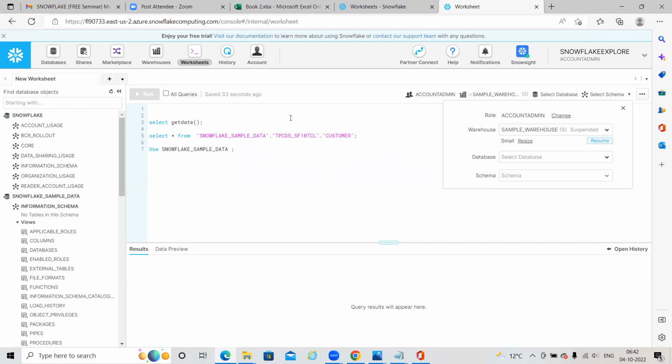The table is stored in a particular schema and database, and a virtual warehouse is used to retrieve the data from this database and schema. So here they have decoupled, or separated, storage and compute, as I discussed in the previous point.